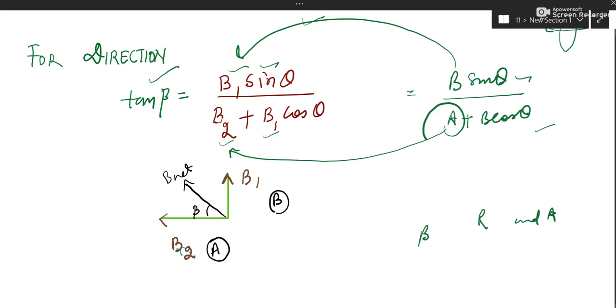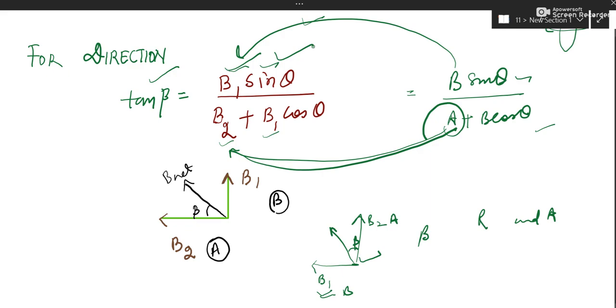So in my case the labeling was changed. You can take it as B1 or you can take it as B2. My labeling was a little bit changed, because I considered which half portion was above the surface of the mobile earlier. Now it is like this. So A is this, and this is B. So this is beta. Report beta, substitute and find out beta as tan inverse of something. Then show it in the diagram.